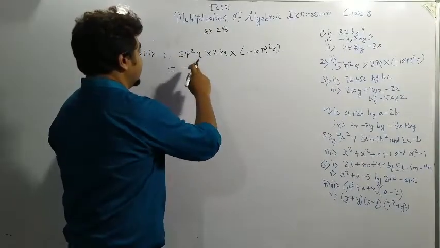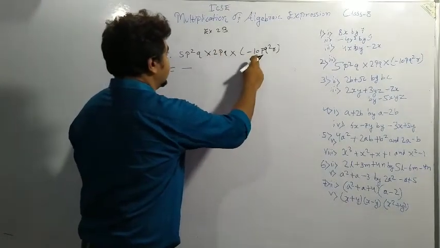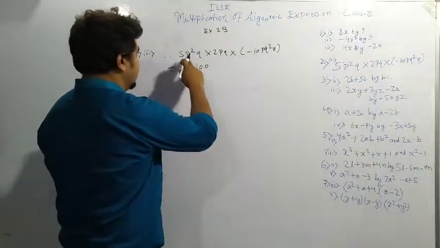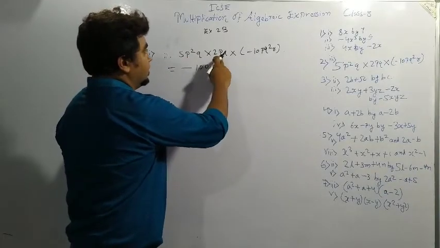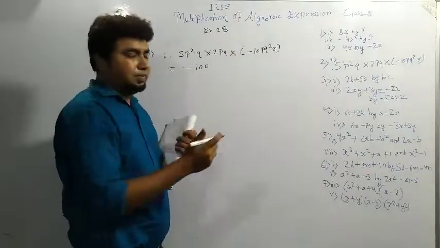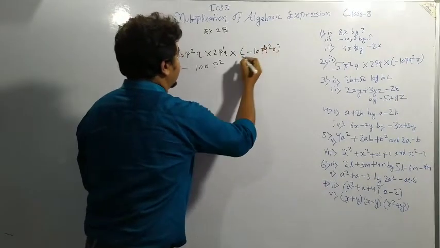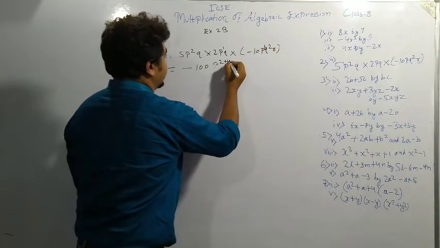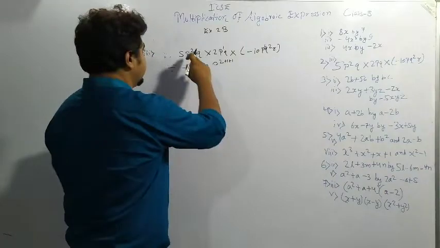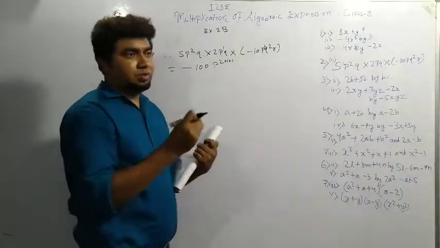Now we have to see what constants we will be multiplying. 5 into 2 is 10. 10 into 10 is 100. Now the first term is p. P square into p. 2 plus 1, power is 1. The powers will be added. P square, here the power is 1 and here the power is also 1. So the powers will be added. 2 plus 1 plus 1 means p to power 4. P square into p cube is 2 plus 3, and p cube plus 1 is p to power 4.